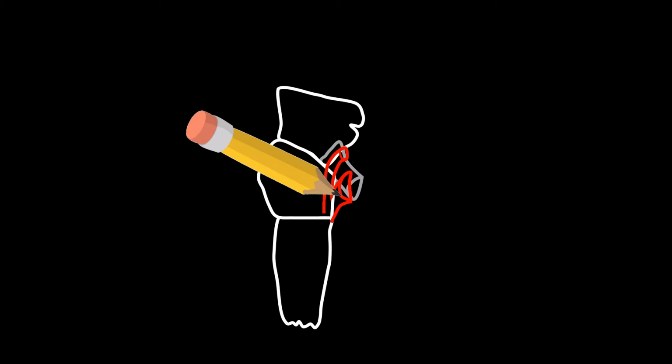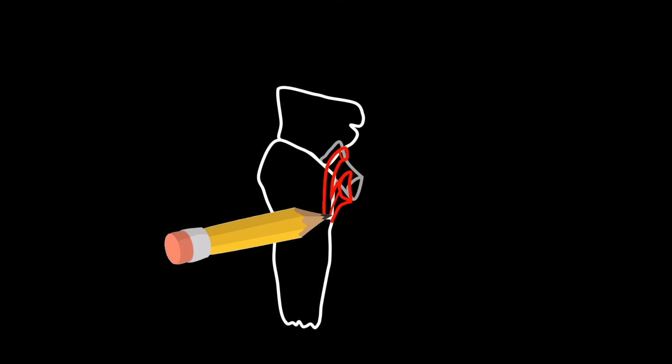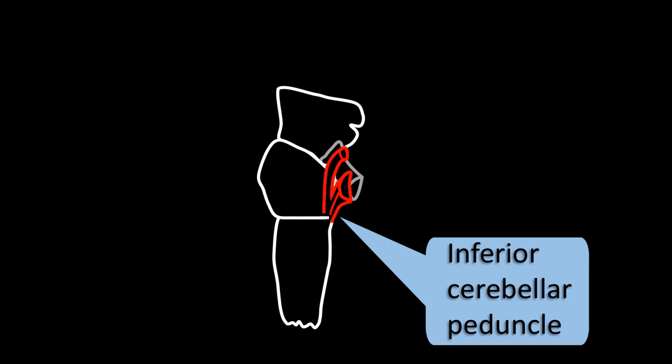Then we go to the middle of the line we just made and run a line down, as you can see. Then blacken the inside of the newly created structure, as I have just done. This is the inferior cerebellar peduncle,